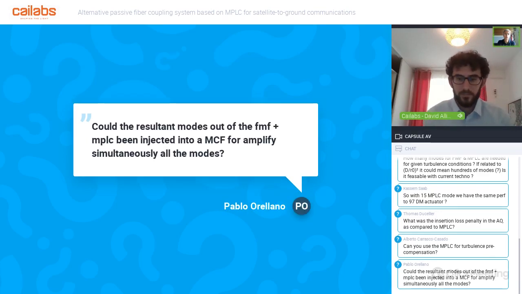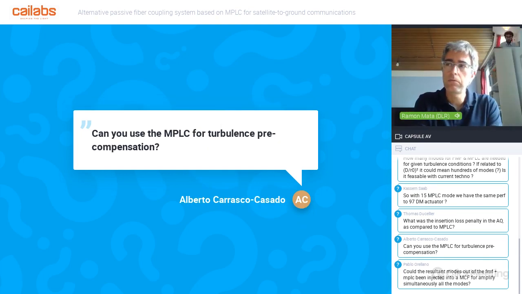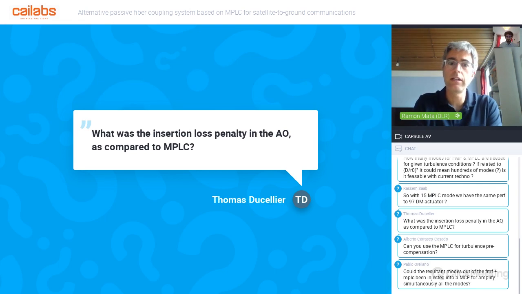Maybe just a comment on the last question about insertion loss. One of the things that we focus on is the variation, because at least if we compare with astronomy, in satellite applications we have quite a lot of light. So what is really important for us is the stability of the signal. If we have 3 dB more, of course, the more dBs, the more power you need to send from the satellite. But I think the key part here is the stability of the signal.